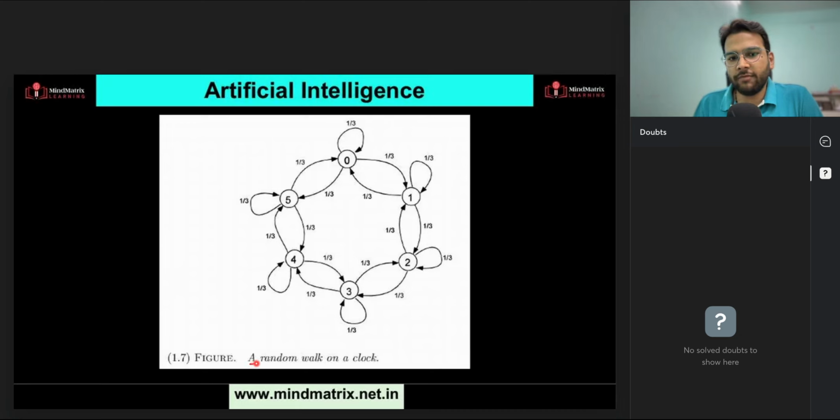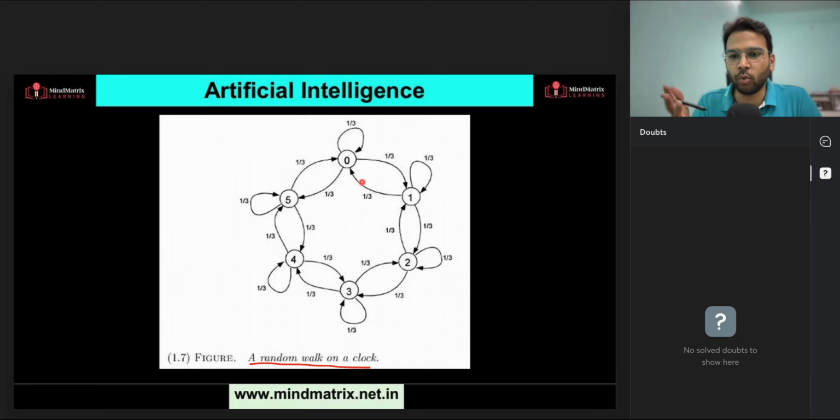So this is the example of a random walk on a clock. When I say a random walk on a clock, that means either you can stay at the same state, or you can go in the anti-clockwise direction, or you can go in the clockwise direction. So from any given state, if you carefully observe this diagram, if you are present at any particular state,